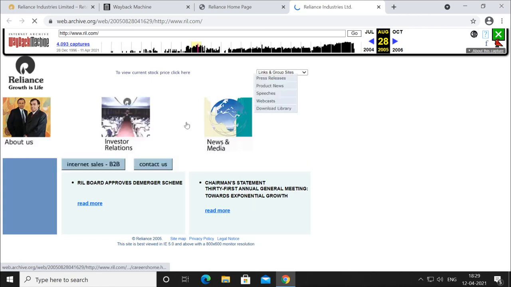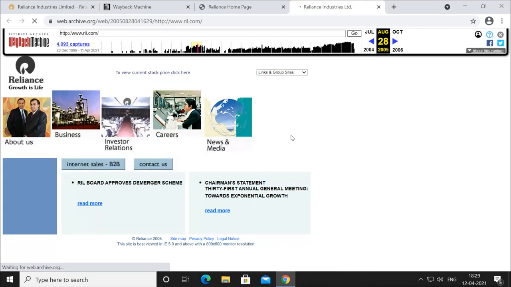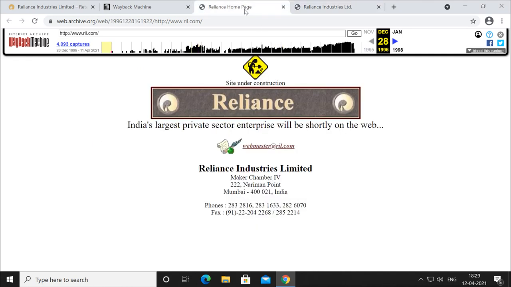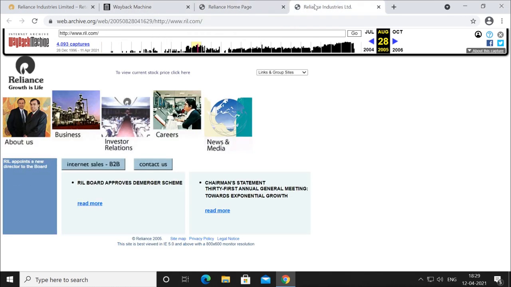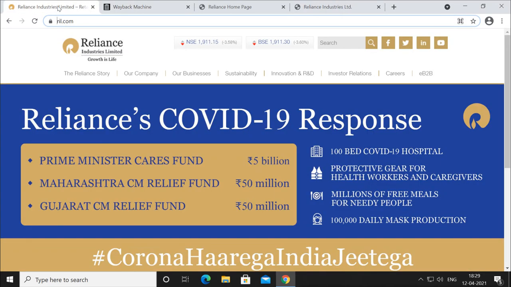So the site was looking like this. You can see it has taken the whole snapshot. It is not looking that good, but it was there. That was the site in 2005. You can even see the year here, Reliance 2005. So this works like a time machine snapshot, which can show you the first day it was like this, in 2005 it was like this, and in the present day it looks like this.